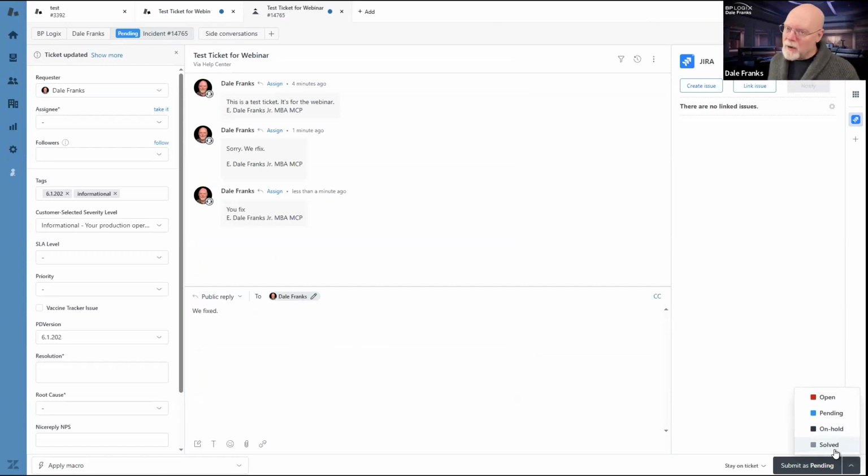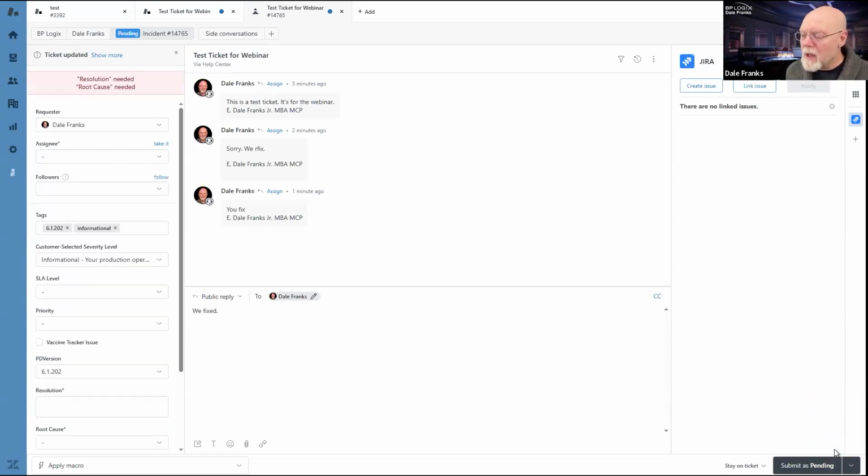Now, I'm not going to do this generally until you tell me it's okay to solve the ticket, or until it's clear to me from the context that you're no longer interested in the ticket and we're done with our interaction. So now I can mark the ticket as solved. I generally wouldn't do this with a "we fixed" reply. I would generally wait until you got back to me with, "yes, fix good." But I'm going to go ahead and mark this as solved. Solved is not closed.